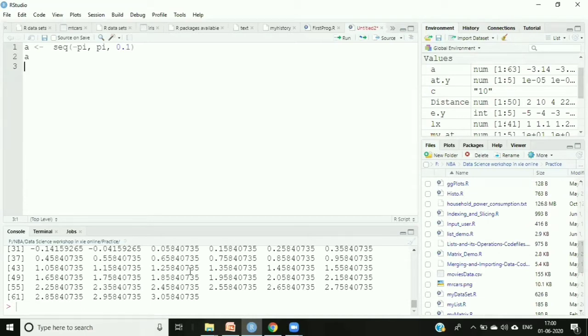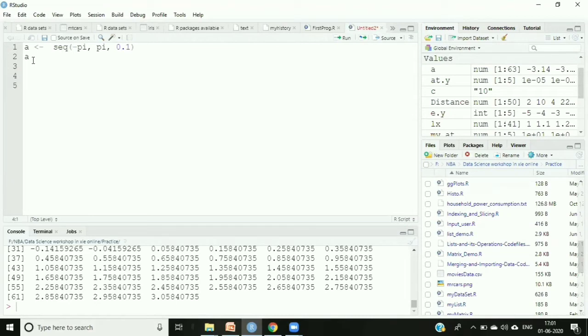So what is more important about the vector? It is a set of values, but all the elements will be of the same type. It cannot have a dissimilar type, right? All the values should be of the same type. So what are the different ways to create a vector? First way is very simple. First way, you can use a sequence function. You can give the ranges over there and the step size, and you will be able to create a vector.